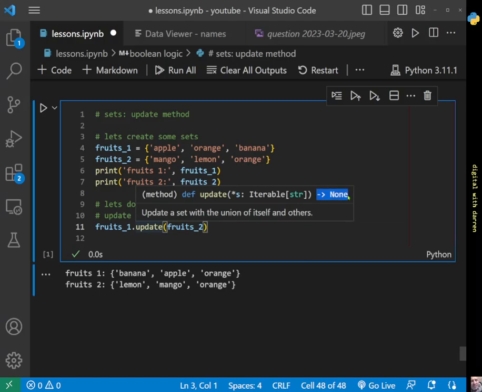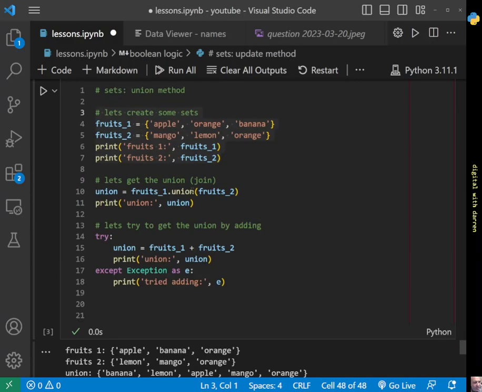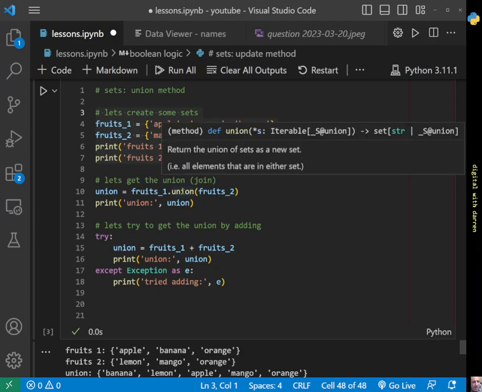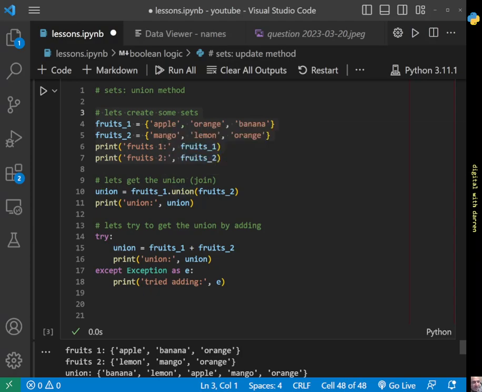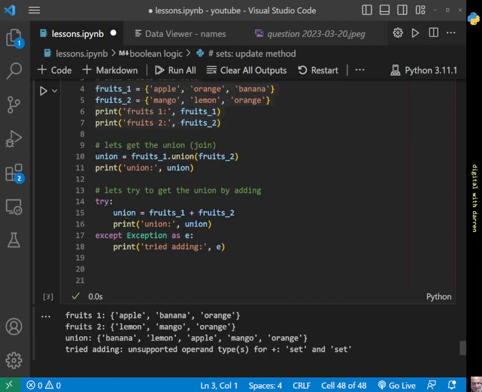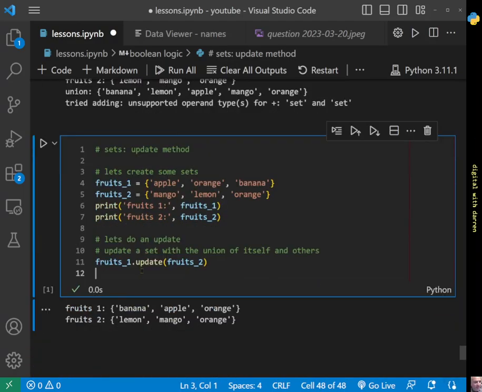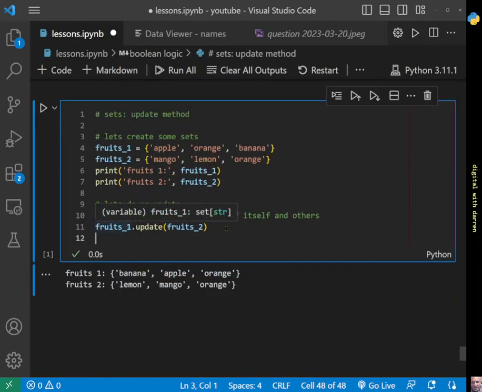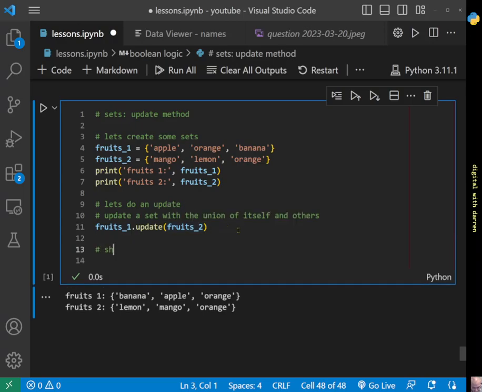Whereas when we were looking at the union above, this one here returned a set, and therefore we assigned it to a completely new variable, which was a set in itself. This method here, the update method, just operates on fruits1. So what we can do is show the results,